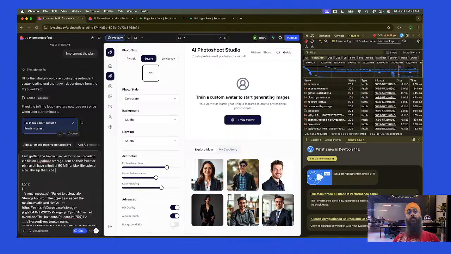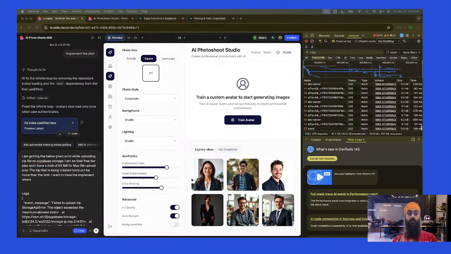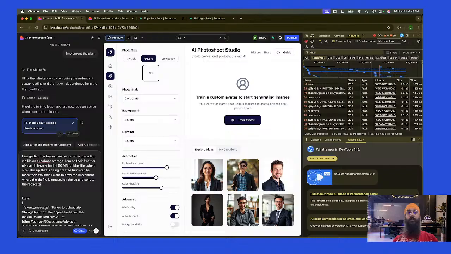The zip that is being created turns out to be more than the limit. To implement a flow, I want to have the implementation where the zip file is created on the go and sent to the Replicate API.